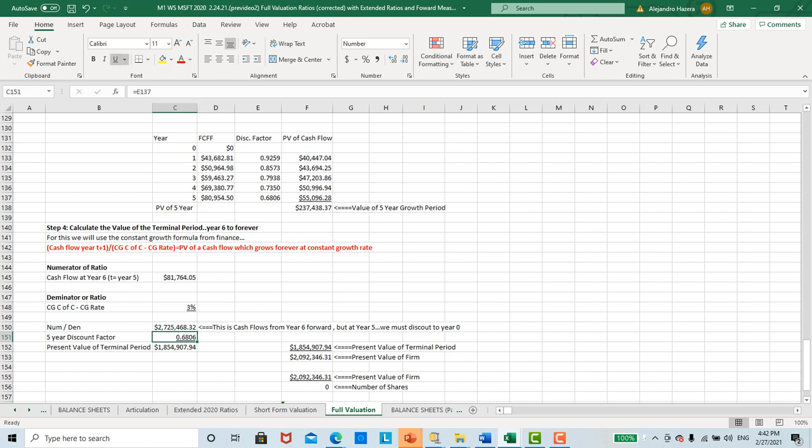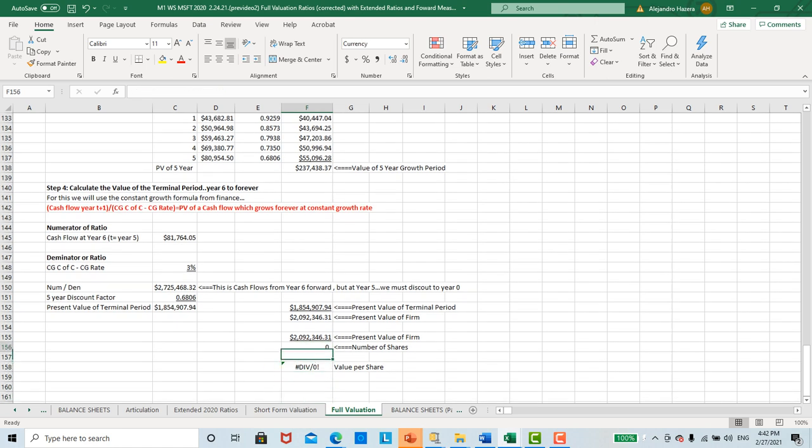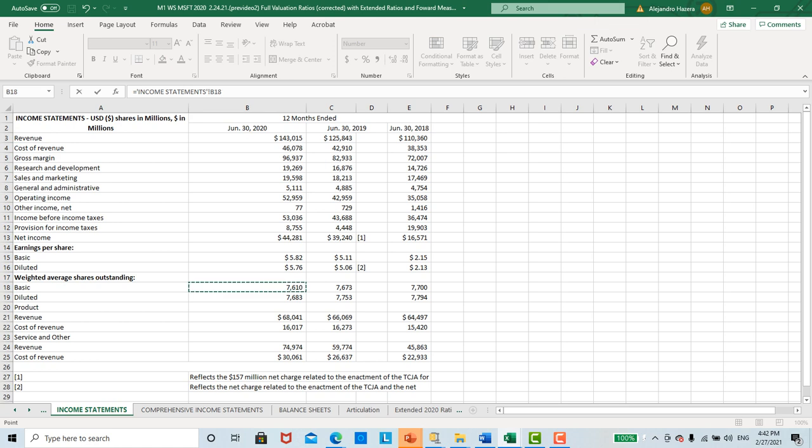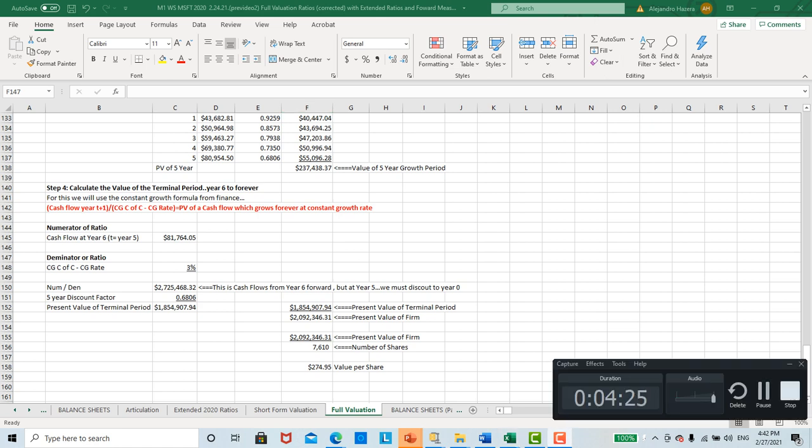So now I've got to discount by our discount factor, which is that number right there. This gives us the present value of the terminal period, plus the present value of the 5-year growth period, because it's the present value of the firm, not the present value of equity. No question about that. So if we take the number of shares, I think it's 7610, I've done this example so many times, 7610, we get a value of about 274.95, which looks pretty good. Anyway, so I'll post this, and we will only 4 minutes, and